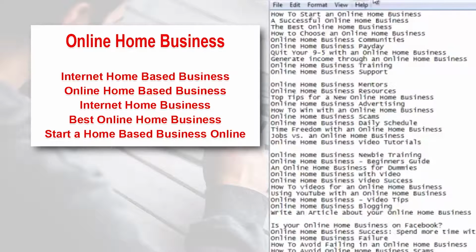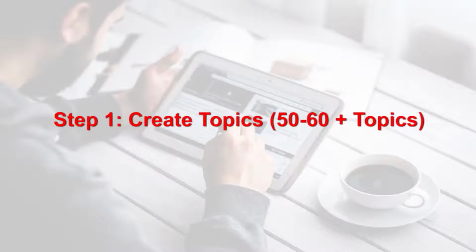Once we write one, we're going to easily transform them into 4, 5, or 6 different articles that are completely fresh and new content for the search engines to find, and obviously for people searching to be able to find. And we're going to drive all that traffic back to your business. So that's basically it for creating topics. That's our first step. Congratulations, we've completed it. Make sure you go ahead and do the same, and you'll be able to have success too with article marketing. So that's it for topic creation.